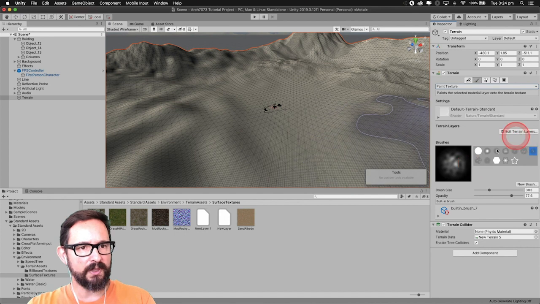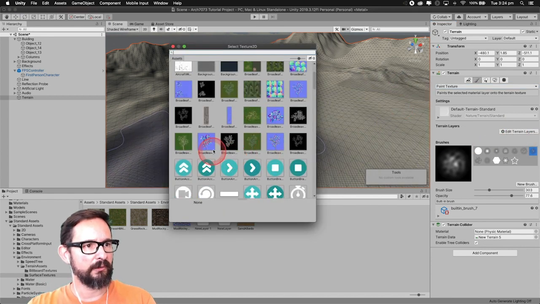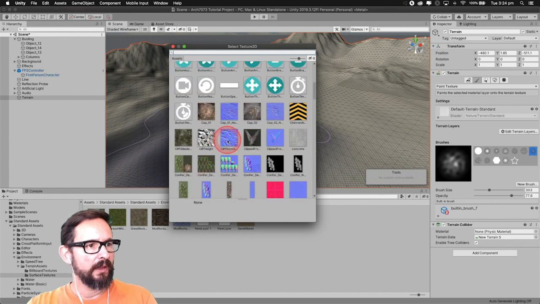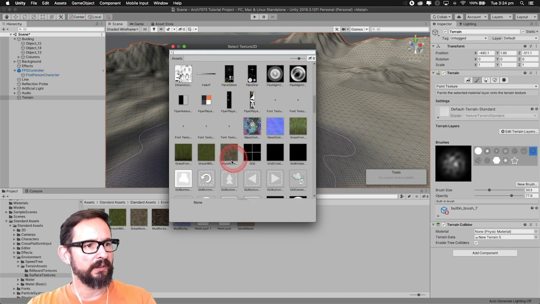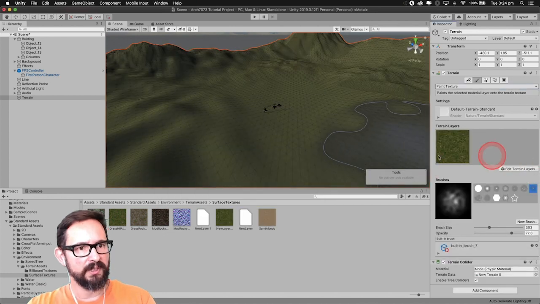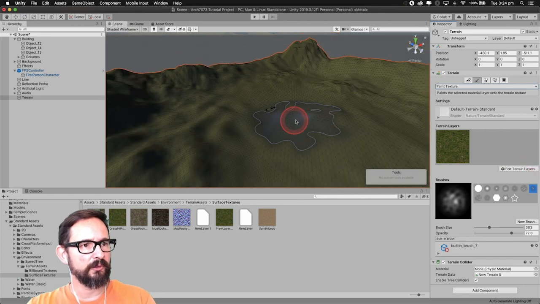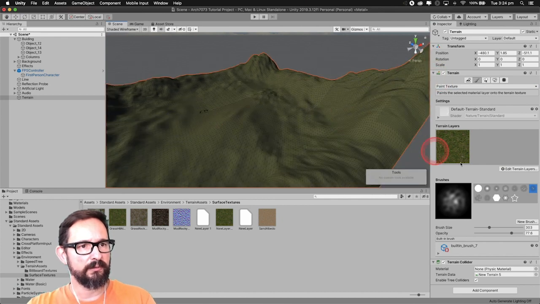So in order to start playing with the textures, you need to put them in layers. So create layer, and in this case, I'm going to create a grassy knoll kind of area. So there's the cliffs, which is fine, but as a standard, I'll go with the grass. If you double click, then the layer becomes applied. You can edit more layers, and that's what I'm doing. So now we have grassy knoll all around, but I'm going to get this kind of cliff type of